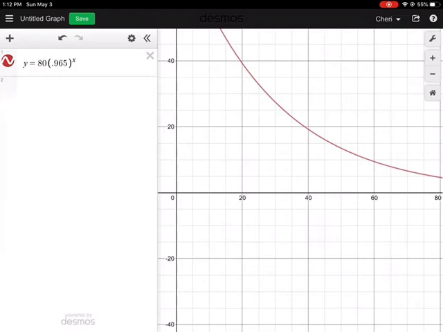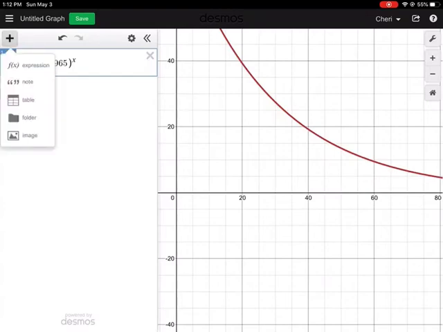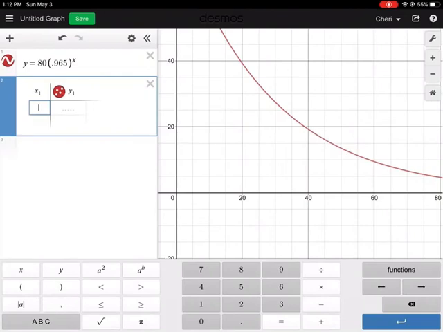So here's 20. Remember, the x-axis is going to be the number of years. So 20 animals is about 40 years. So 15 may be about 50 years. Okay, so let's check the table. If I put in 50,